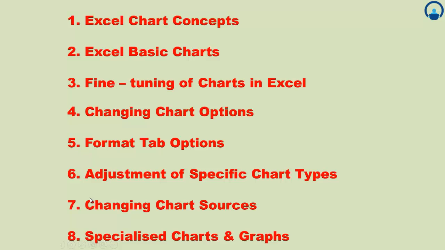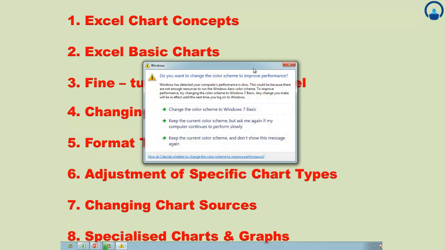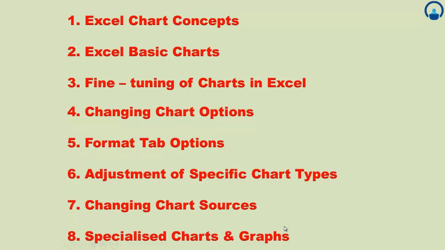The last would be the eighth, specialized charts and graphs. The specialized charts and graphs are a more appropriate way which will help you to present your data for upcoming events. In this you will understand what type of data is there in dynamic charts with checkboxes, dynamic pie charts, then the pivot charts, calculator chart, advanced dynamic charts. These all concepts will be covered in the specialized charts and graphs of 2010.